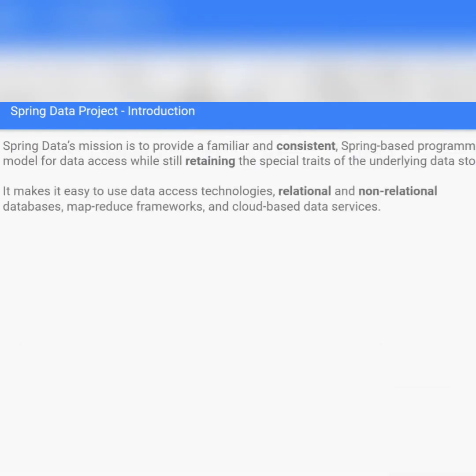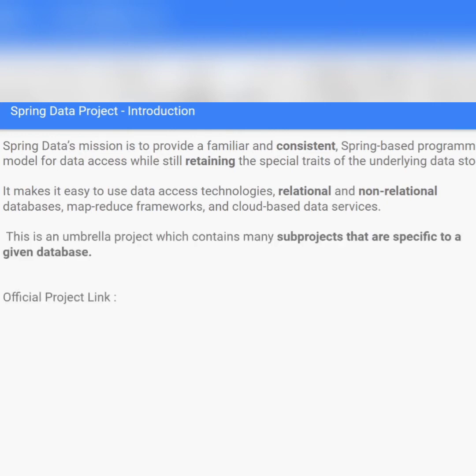So Spring Data is one of the great projects which will provide you a consistent way to deal with any database. And of course, as you know, the Spring programming model is the simplest programming model I have seen, and they have organized the technology very well and simplified its use. One more thing I can say, it can be used for relational and non-relational databases like MapReduce, NoSQL. You can use it for MySQL, Oracle, or for some cloud data services.